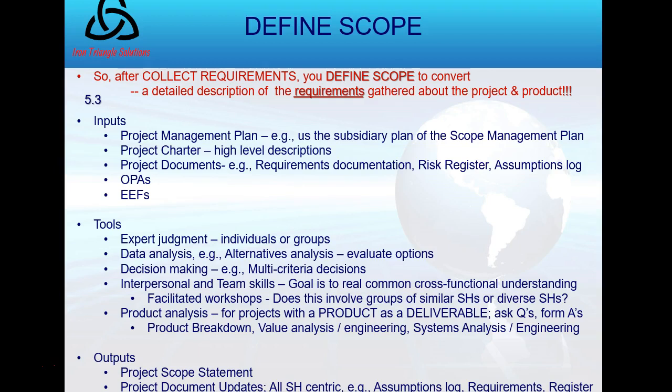Okay, so after we've collected requirements, now we want to take on this very important step, which is going to provide us a detailed description of the project and the product and defining the boundaries and acceptance criteria clearly amongst them. So you see my inputs are the project charter. That makes sense because project success was described there at a high level. The project plan is also included, including, think about it, what